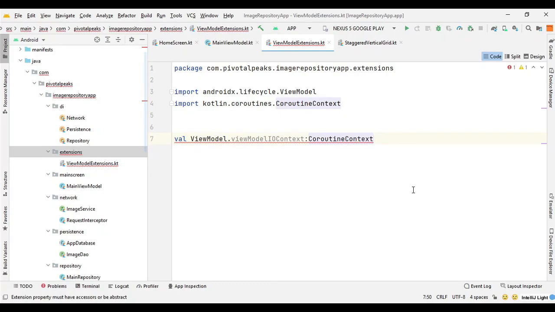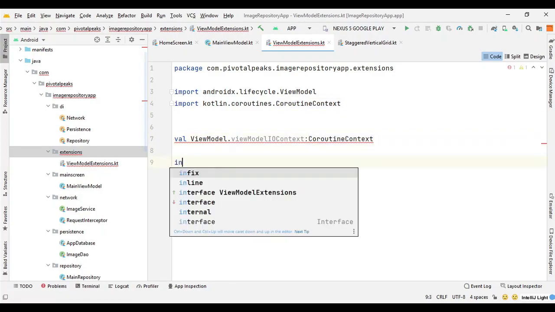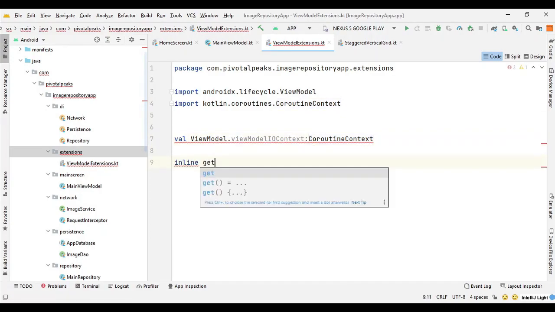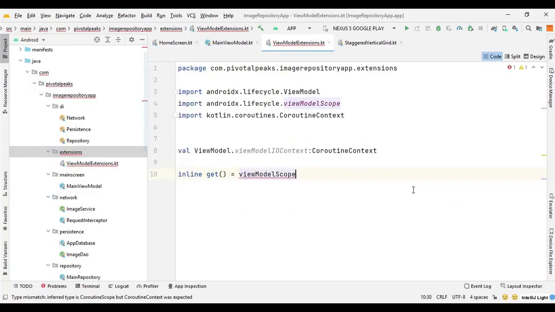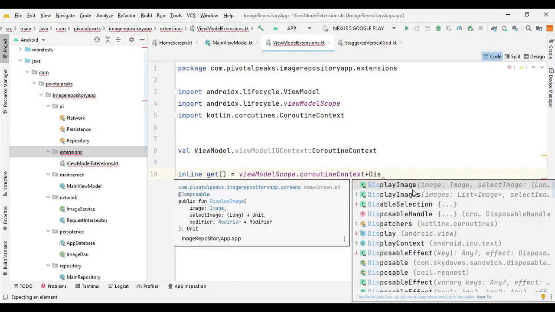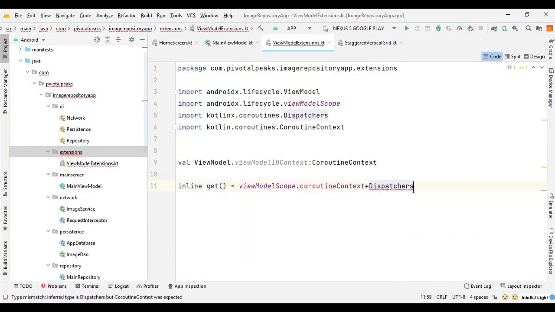And now we need to call inline function to attach the dispatcher to our coroutine context. So we can say inline get, and we can say view model scope dot coroutine context plus dispatchers dot IO. So we inline function to reduce runtime overhead, because in Kotlin all high order functions are stored as an object.